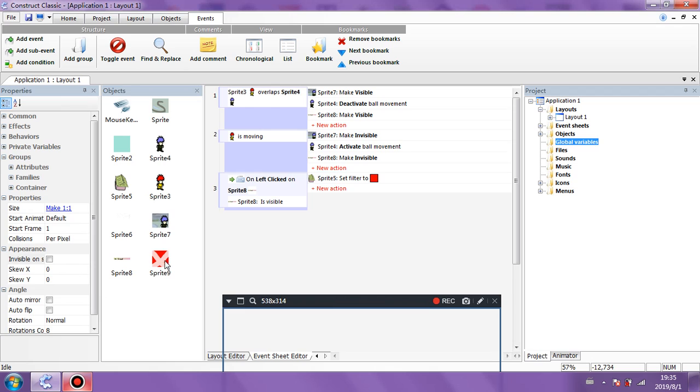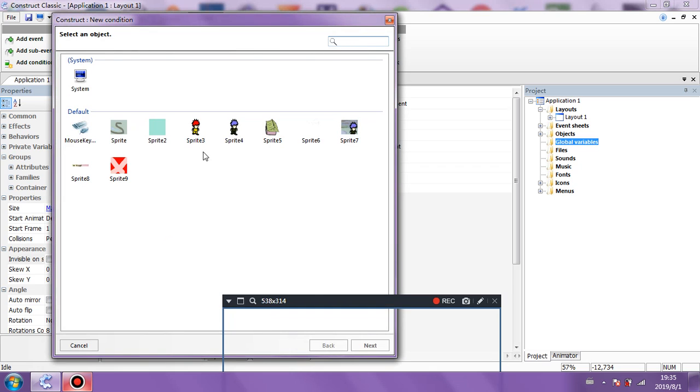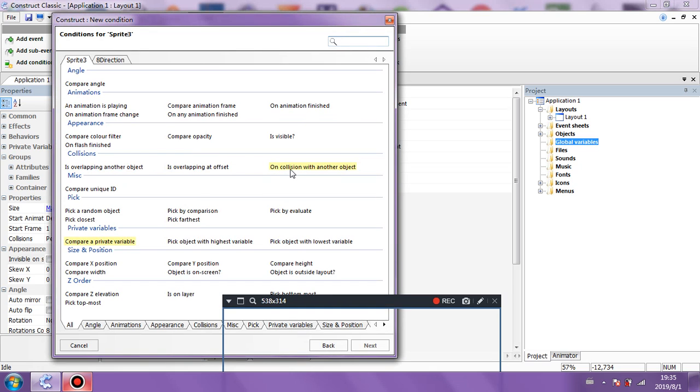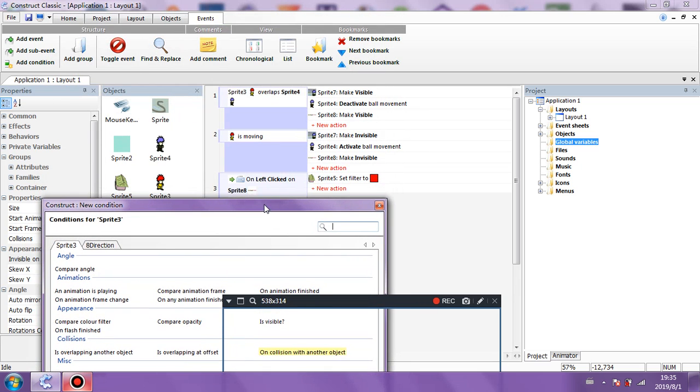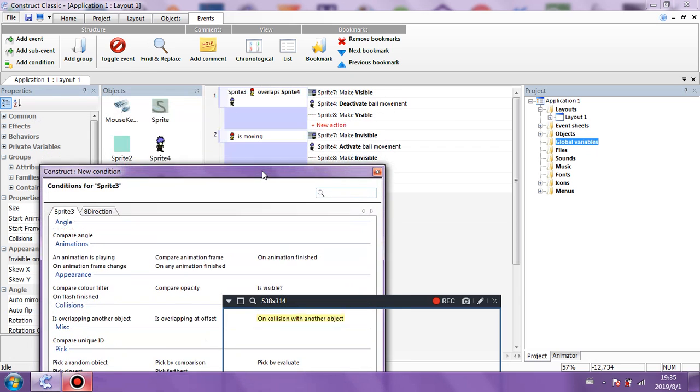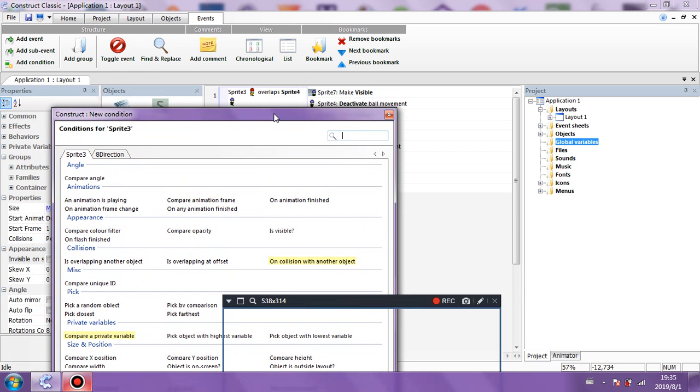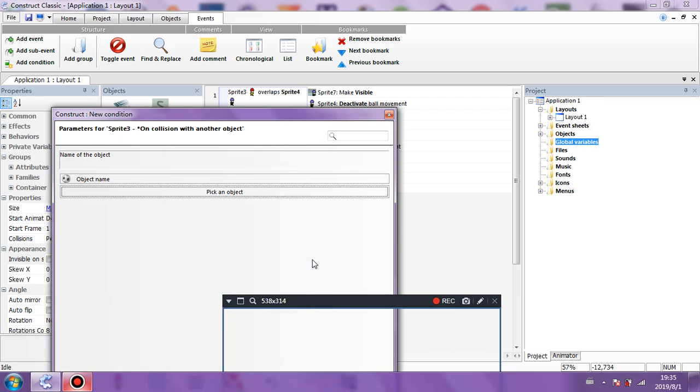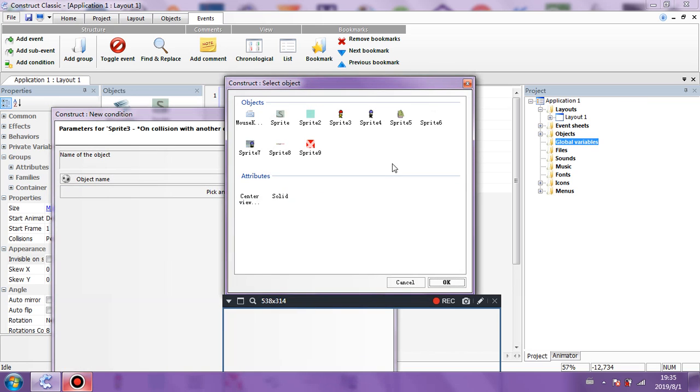Okay, so we've got this. What we've got here, we've put this sprite in place, right? First of all, insert event. If this little redhead guy is, we got it set as overlapping, right? Fair enough. No, we can set it to collision, I think, because it is a solid object. So let's do collision. I don't think that makes a difference, but I'm just doing it anyway. For the house, sprite 5.